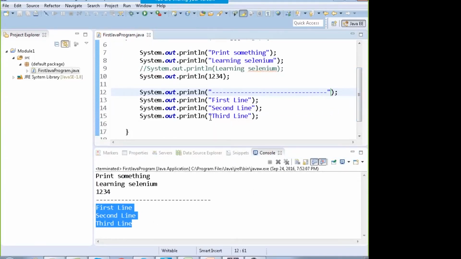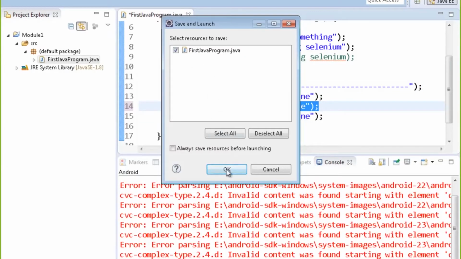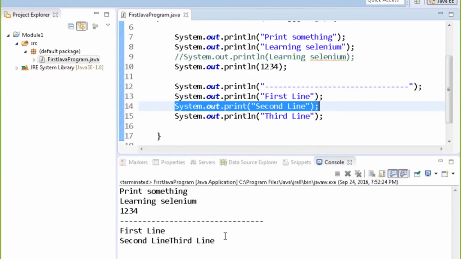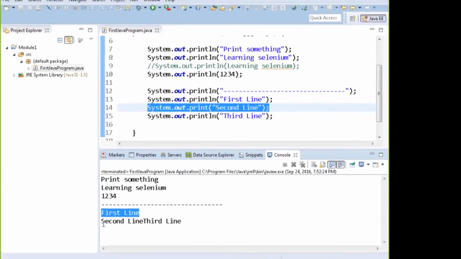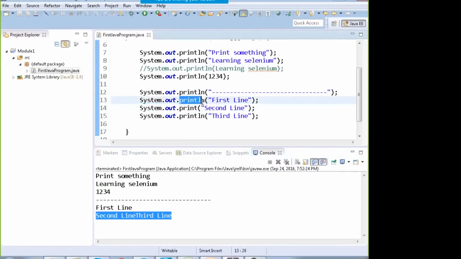Now if I put up only print over here, System.out.print, you will see that when you run it, it will ask you to save the file, fine, and it prints like this: first line, second line and third line in the same line. Look, what println does is that it prints something and moves the cursor to the next line.